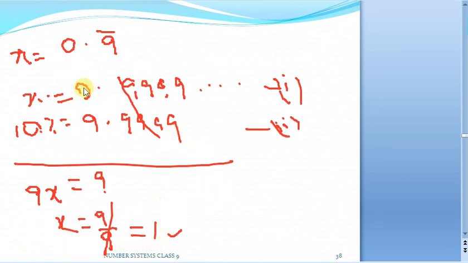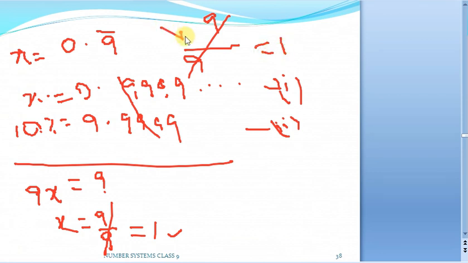So this is how you can represent it. When you do it in this manner, you'll be getting 1. Suppose the same thing we can do using our shortcut also. What did I tell? Using the shortcut means, whatever the number is, you write it as such. So 09 is there, simply you write 9 by. In the denominator we have to write 9s and zeros. First you will write the number of 9s. How many digits are repeating here? 1 digit only. So just place one 9. Is there any digit after the decimal point which is not repeating? No, so we need not write any zeros here. 9 by 9 is what? 1.